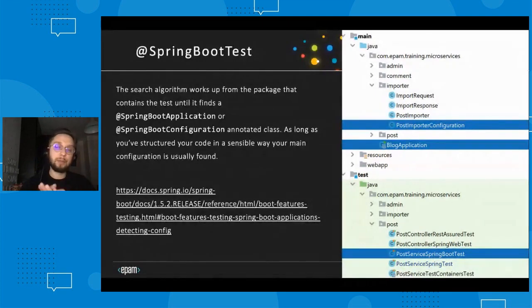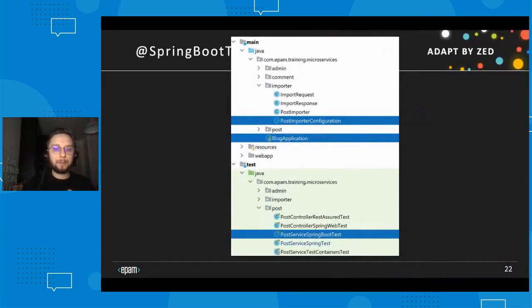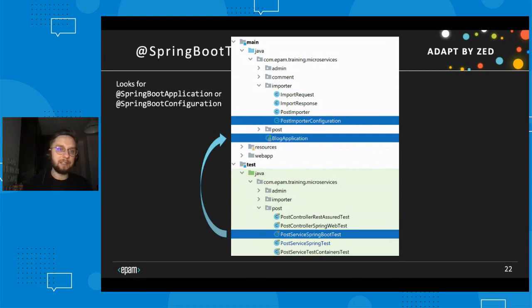And also, it's possible to use Spring Boot for writing your tests and for configuring your application context. It could be done using the Spring Boot test annotation. Let me provide a short description of how it works and how it finds beans to be included into the application context. If you have a class that is annotated with the Spring Boot test annotation, your test runner will go from the bottom to the top of your